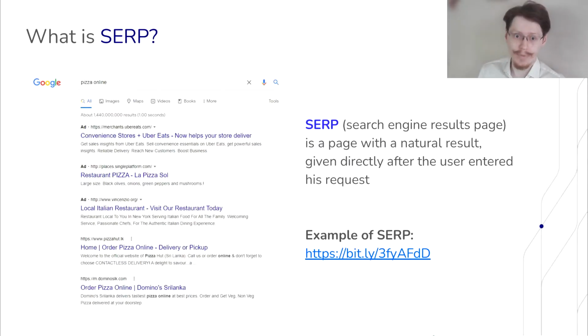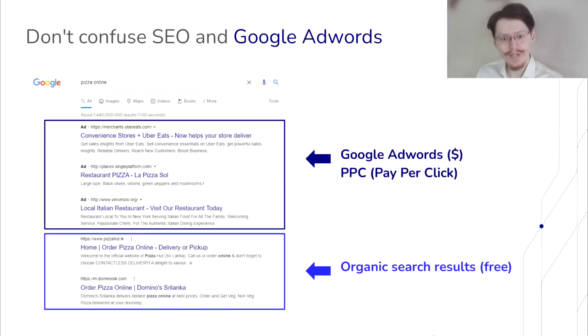A bit about SERP. SERP, or Search Engine Results Page, is a page of natural results. So basically, when you are Googling something, when you are looking at the result, this is SERP. And SERP consists of two main blocks here. First, it is Google AdWords. This is pay-per-click. They are high up in the top, and they are not organic. People usually don't trust them that much. And way below, we see starts the organic traffic, the real websites that Google thinks are good for you. So this is where we're aiming, this is where we want to be.